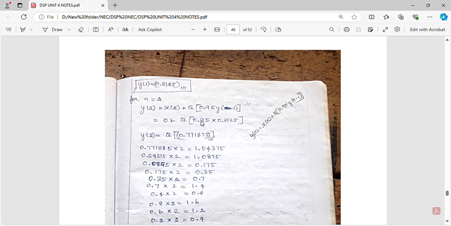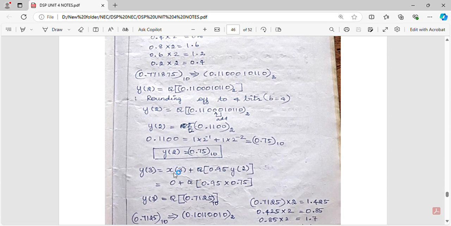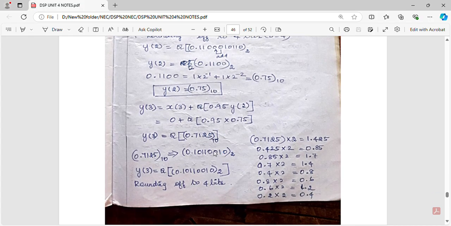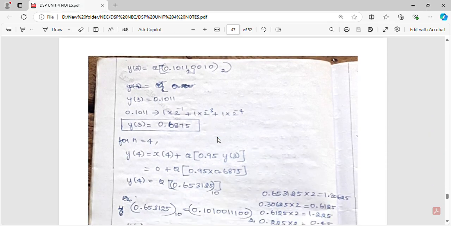Similarly, in this way we have to calculate the next values, that is n equal to 2. For n equal to 2 we have obtained the result y of 2 is equal to 0.75, and for n equal to 3 repeatedly we have to do this calculation until the output value repeats. அதாவது இந்த y of n உடைய வேல்யூ எப்போ நமக்கு ரிப்பீட் ஆகுதோ அது வரைக்கும் நம்ம கால்குலேட் பண்ணிட்டே இருக்கணும். So y of 2 is 0.875, y of 3 is 0.6875 and